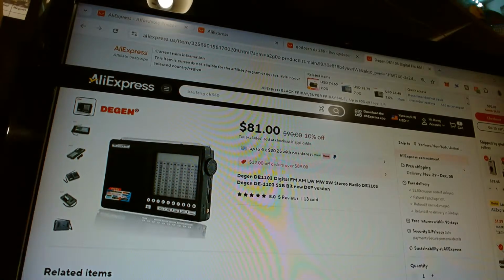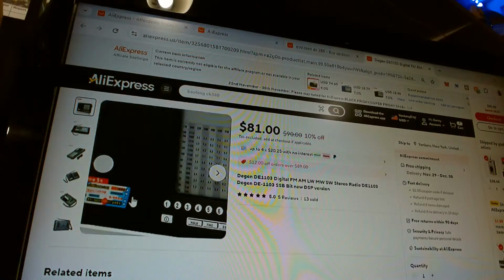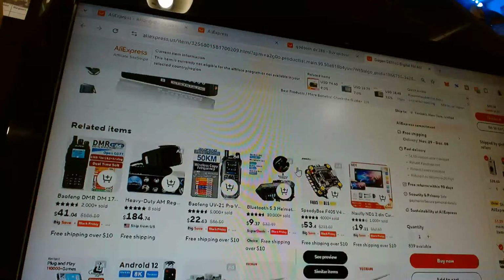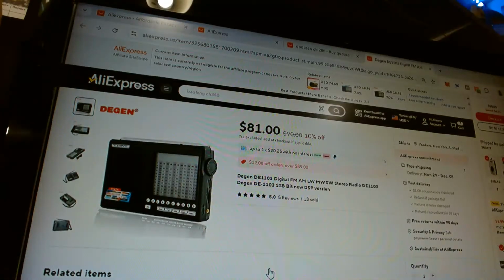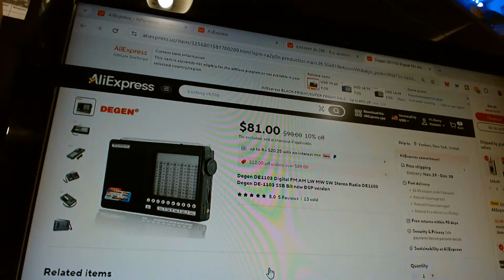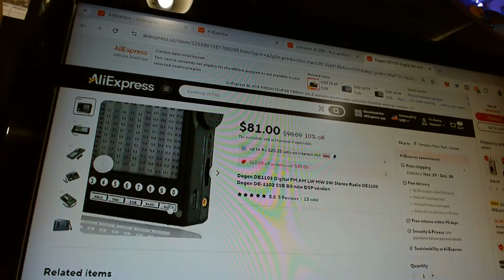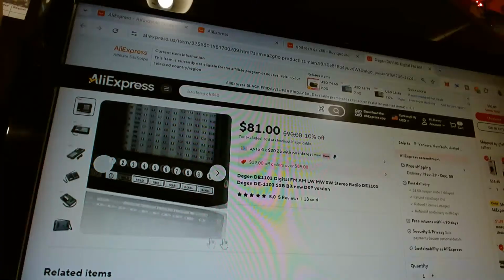I can't remember. Not the DSP version. What is the other version? Oh my god, I'm trying to remember what it is. Anyway, somebody remind me what it is, please. That's the version to get, not the DSP version, the older version.